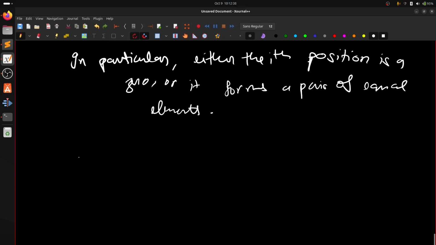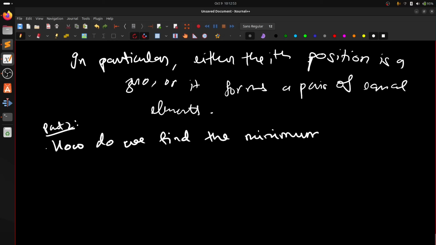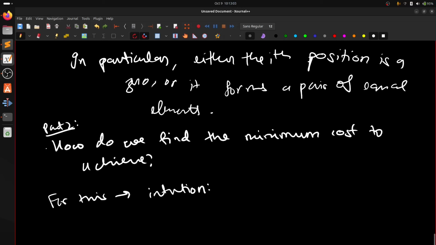So how do we do this? How do we find the minimum cost? Part two of the question is now, how do we find the minimum cost to achieve this? For this, our intuition is that since we have exactly two choices at each situation,